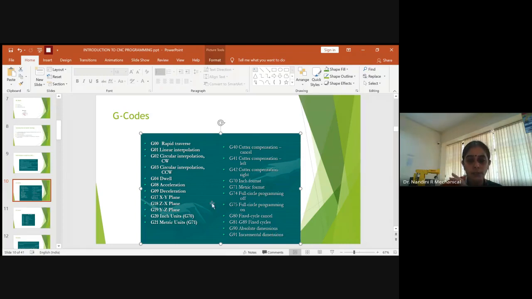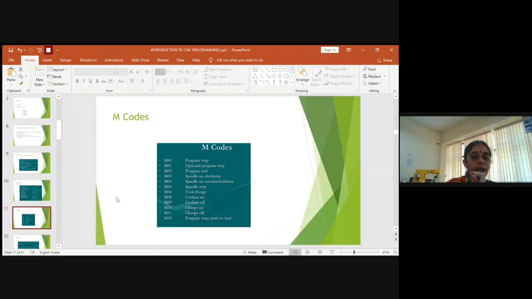Then G90 will provide you the absolute dimension, and G91 will always provide you the incremental dimensions. These are the things you have to understand. These are the basic G codes, and I'll explain you in terms of different operations with the syntax. At that time, you'll come to know the differences between G81 to G89. These are the regular fixed cycles one has to do.